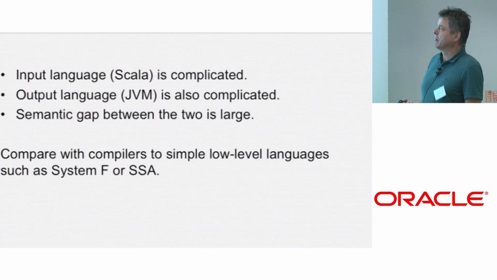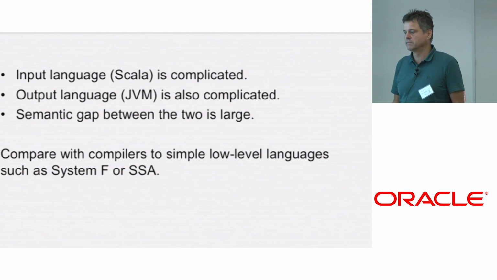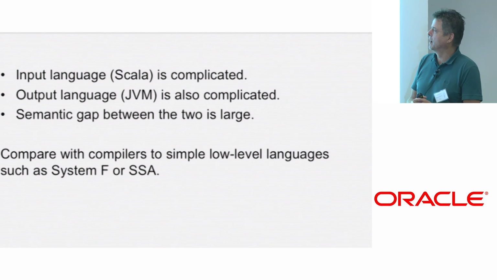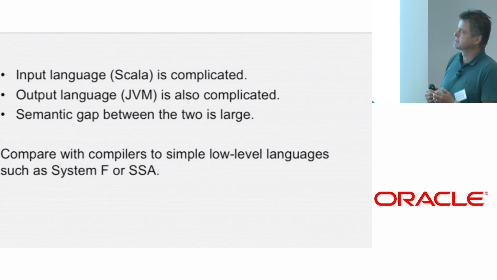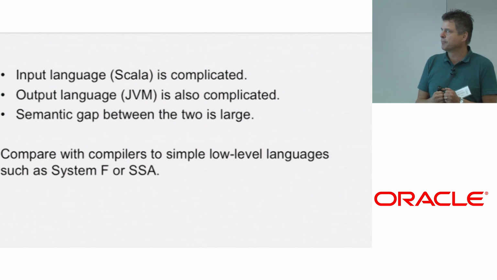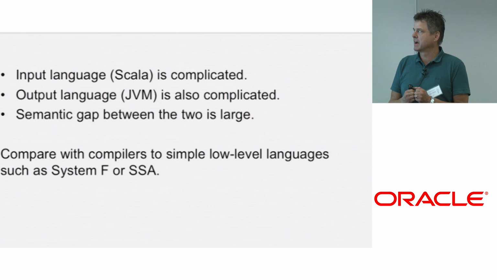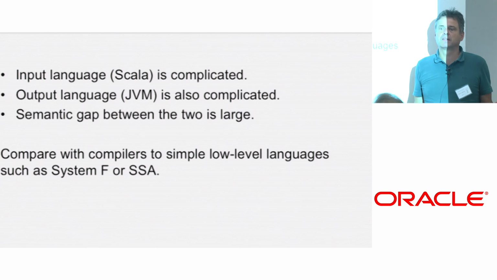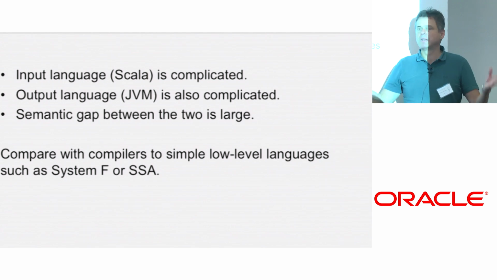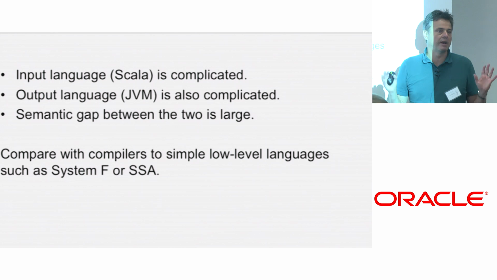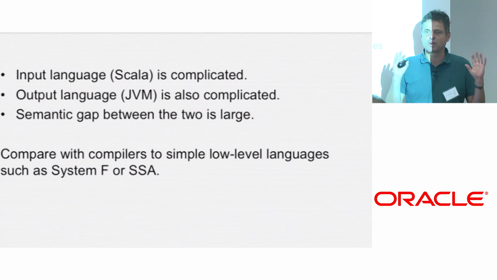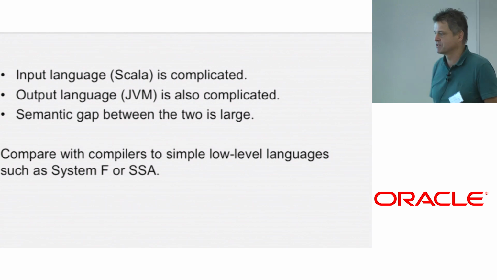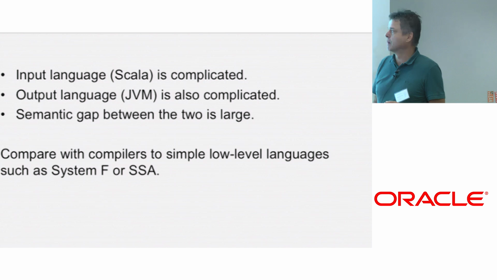So complexity. Is that inherent, or did you just maneuver yourself into a hole here? Well, I think it's to a large degree inherent that a compiler for a complex input language like Scala is also a complex thing. The input language Scala is complicated, but I would say it's not fundamentally different than, let's say, Java 8. Java 8 is by now also a fairly complicated input language, and I guess Kotlin would be a fairly complicated input language. These things are not like simple academic languages which you can describe on a page. They have a lot of real-world concerns.